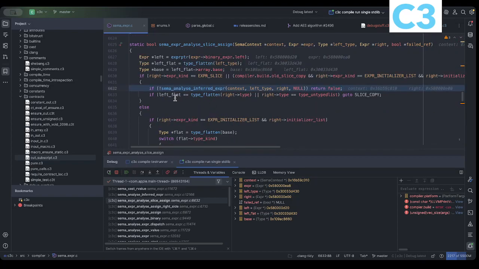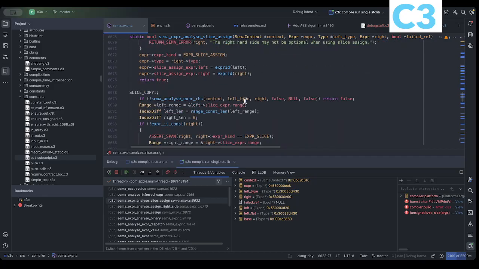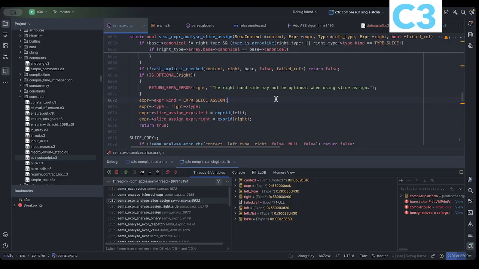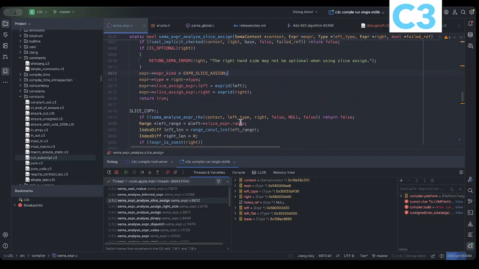This one goes down here and then goes to slice copy. So this I think is a slice to a slice. And this is the assign everything to a single value to that slice,